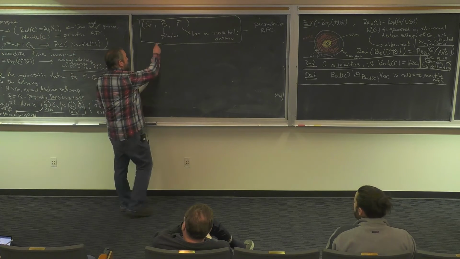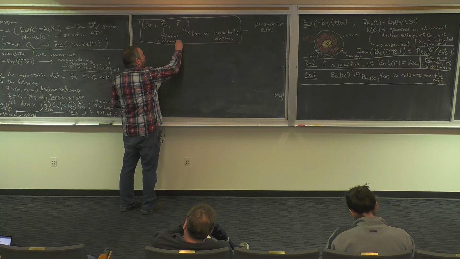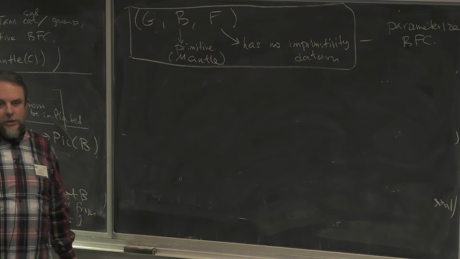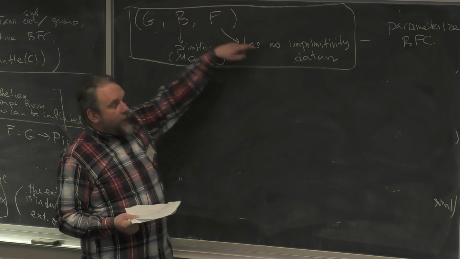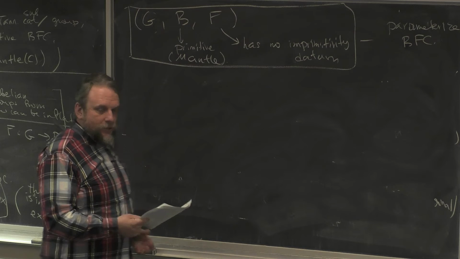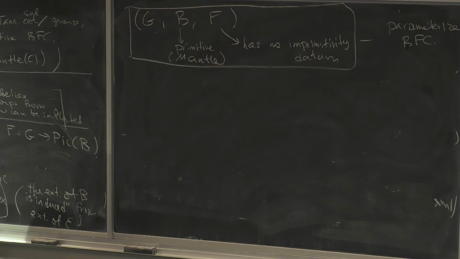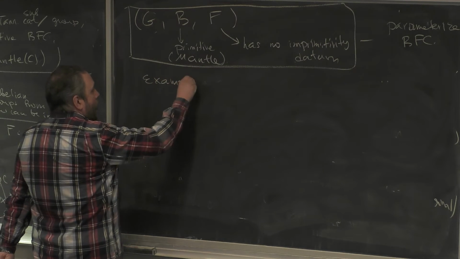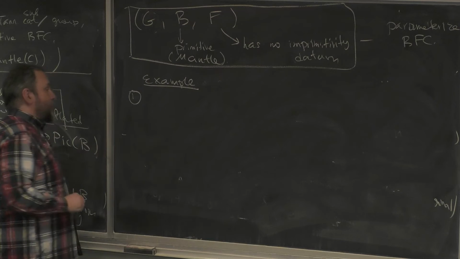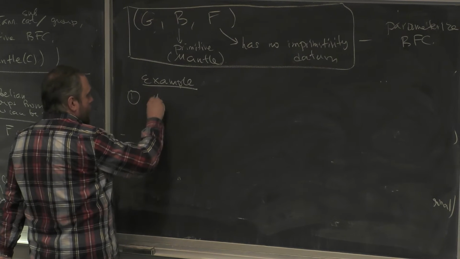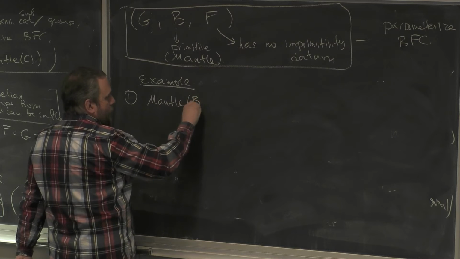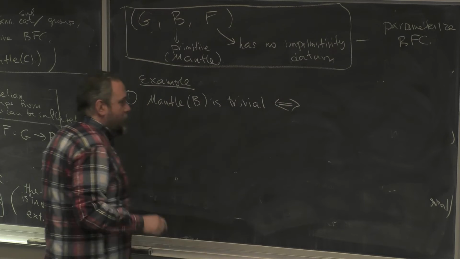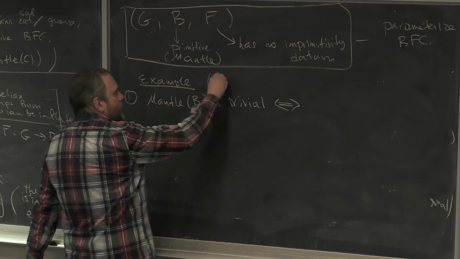So this thing is the mantle. If the mantle is sufficiently small, then you can actually compute everything. You can compute all possible functors, you can compute the Picard group, and so on. So this opens the door for possible classification of such things. For example, if the mantle is trivial, so if and only if, let's say, B is non-degenerate,